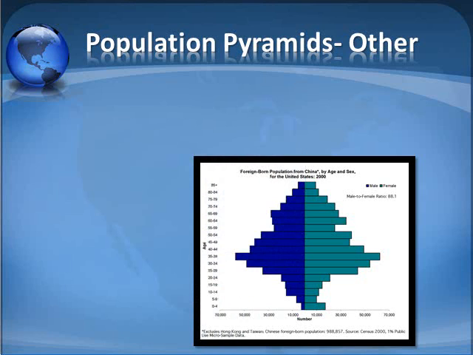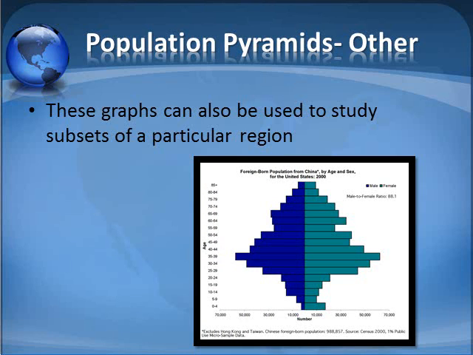All right, we can also use population pyramids to look at subsets of data. So this particular one that I pulled out here is from the United States. It was crafted, I think, in 2000. And what we're seeing here is foreign-born Chinese people in the United States. We're seeing the males on the blue side and the females on the aqua green side. We see a lot more females. That might have something to do with adoption rates out of China, where for a while it was a fairly common thing to do, and most of the children adopted were female,